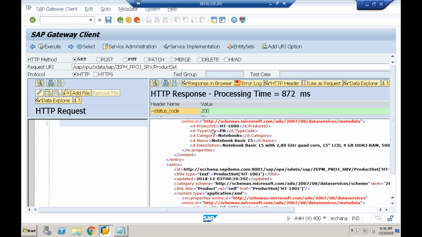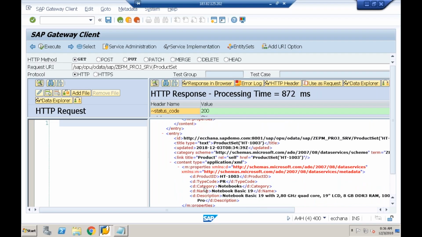Product ID, type code, category, name and description. Each product is carrying 5 fields. Now this is my service URL. The syntax is question mark $select equals. Try to understand. Overall my entity has 5 fields: product ID, type code, category, name and description. So I'll say $select equals